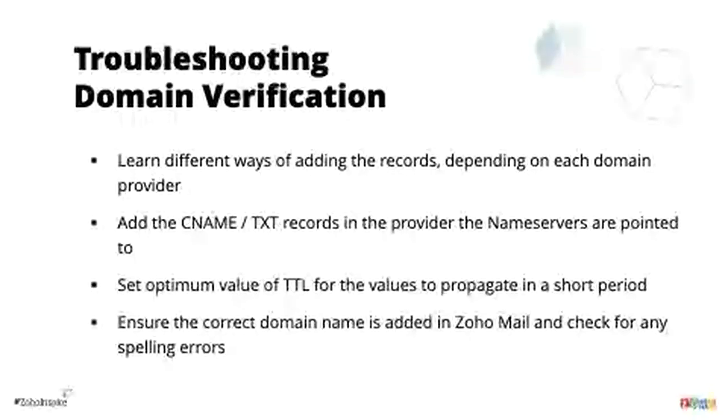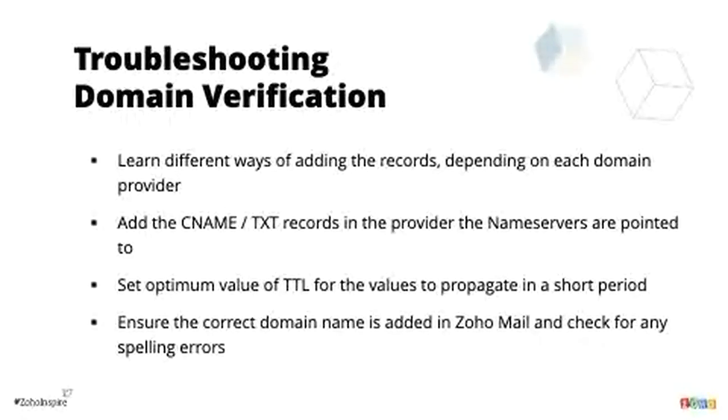Sometimes there might be cases where your name servers are hosted with a different domain server, and your domain as such is hosted with a different DNS provider. This could have happened for multiple reasons. You might have changed it because you're hosting your domain or for any other reason. So in cases like that, make sure that you do a name server lookup. In case you have a doubt, just do a simple name server lookup. And after you do that, make sure that you're adding your CNAME or TXT values where the name servers are pointed to.